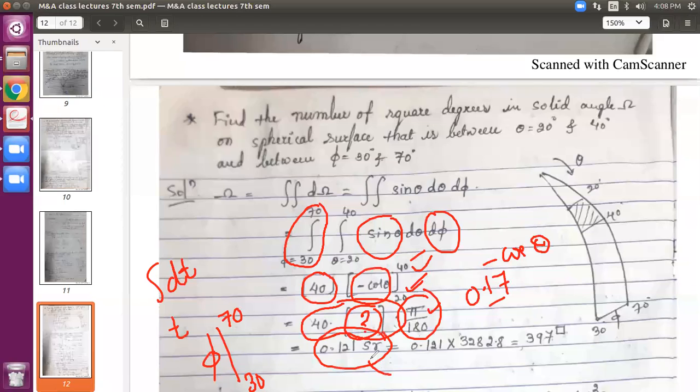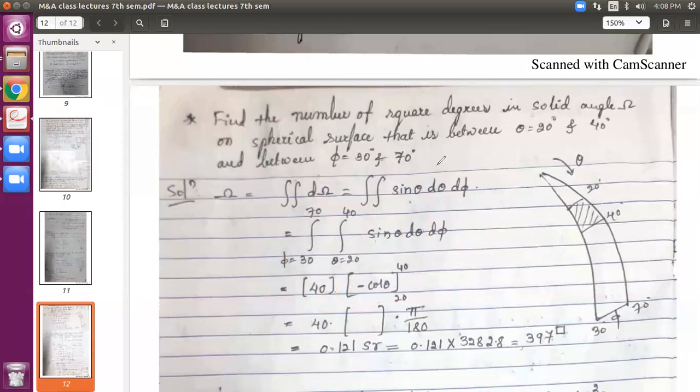Then finally you can keep this much also, no issues. Just for your practice purpose, I have again converted your final answer to square degrees. No need to do this. But if you want to be perfect in numbers, you should remember those values. Once you start writing this again and again, you will remember. So I thought of converting again to square degrees. So this is the third problem.